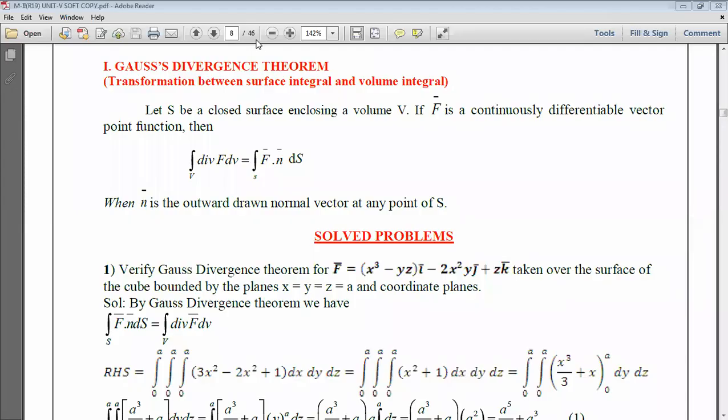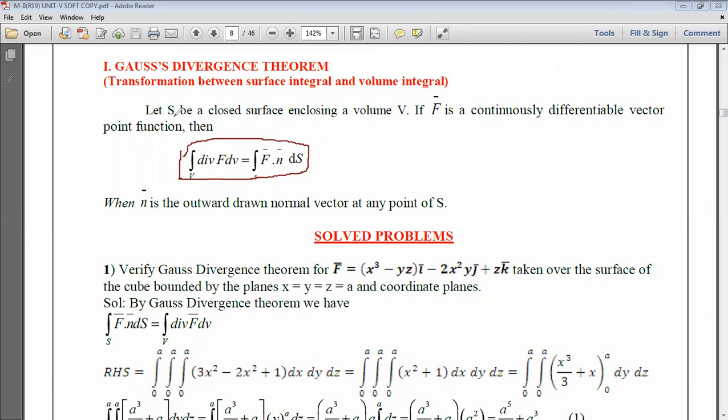If it is verified, they may ask it for 14 marks like that. So the statement is also a very, very important one. Just not remembering only this, not only this, you need to know what V is and what F bar is, all those things.